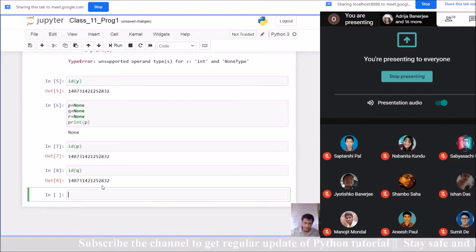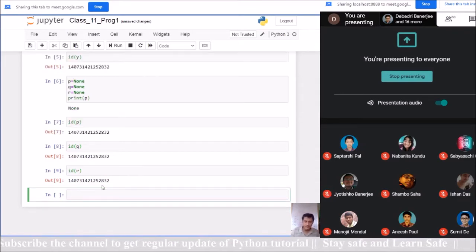What is the address? Same as p and y. The ID of r. What is the address? Same as p, q and y. So finally we can say that p, q, r and y are mapping to the same memory location.